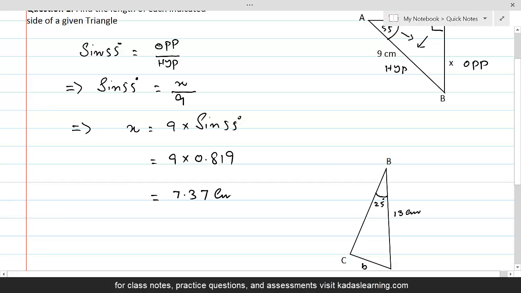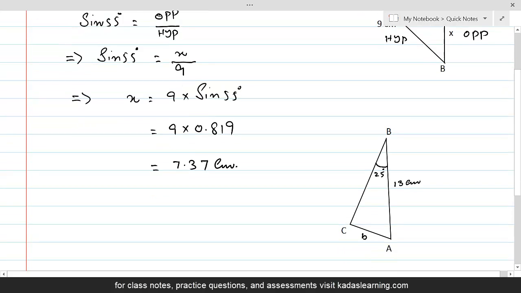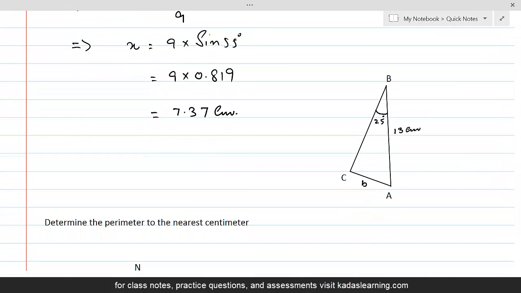And for the next triangle ABC, we are given here the angle 25 at vertex B, and at C